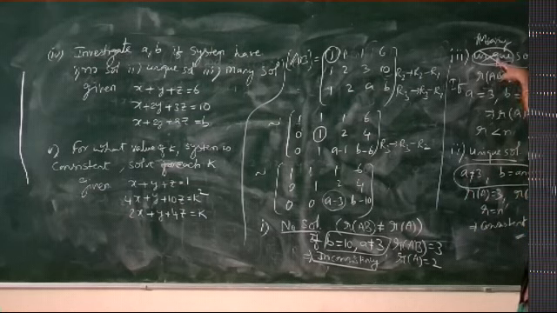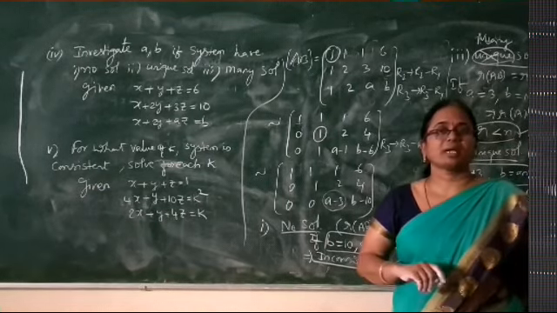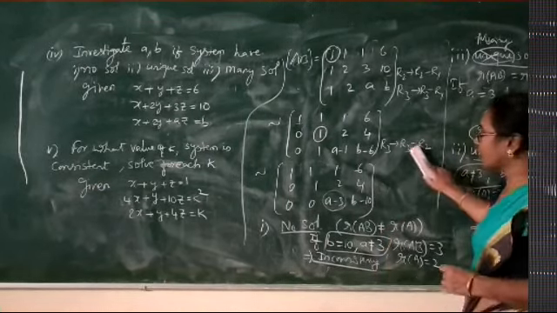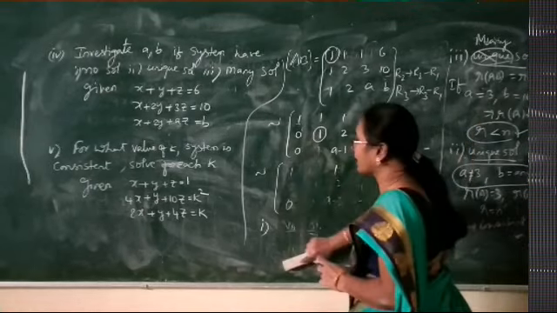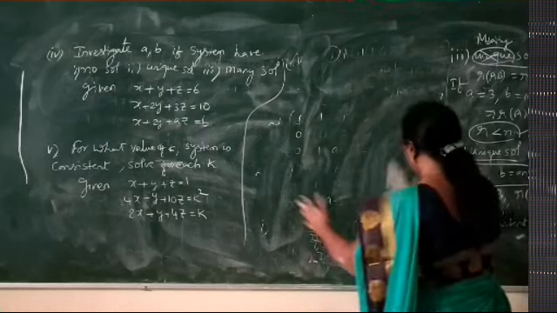For the case of having many solutions, the rule is r less than n. For r less than n, we must have A equal to 3 and B equal to 10, giving the rank of A, AB equal to 2, but 2 is less than n equal to 3, we say that r less than n is satisfied. We say that the system has many solutions. Right? This is one of the models we can have from the rank method. Now let us look at the third one, the next problem.